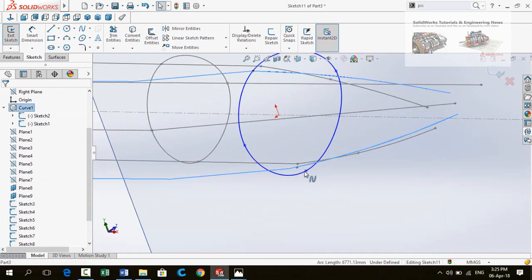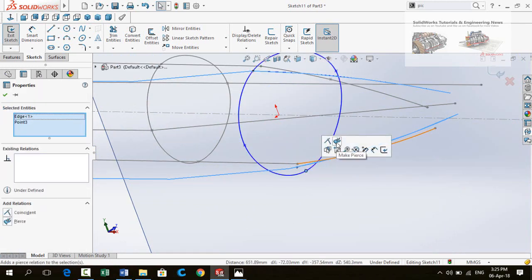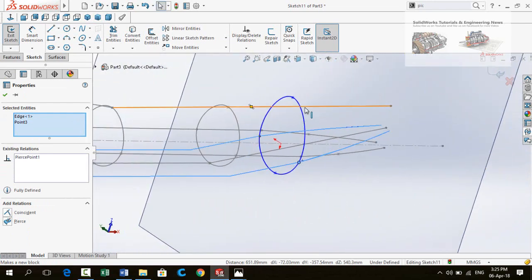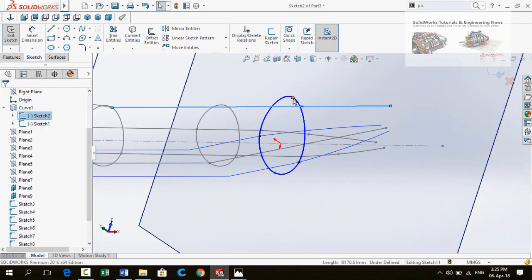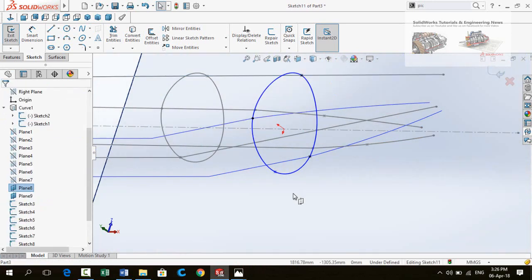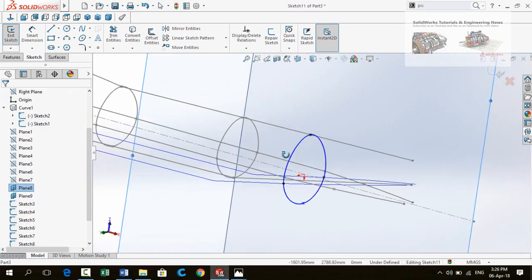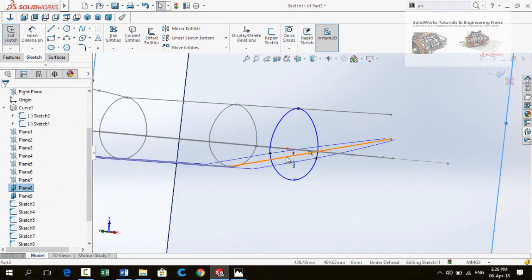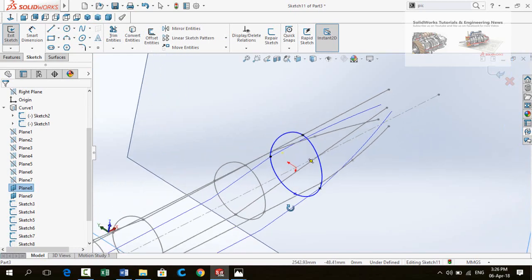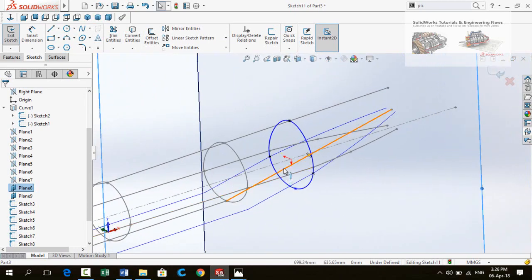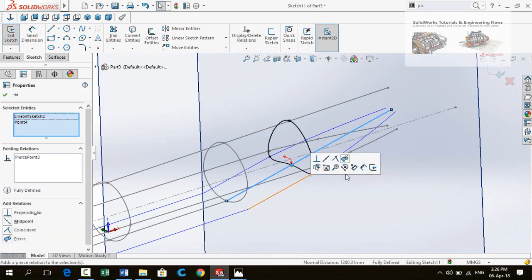Similarly select this curve and then this point, make peers. Then select this line and then this point, make peers. Select this line and then this point, make peers.